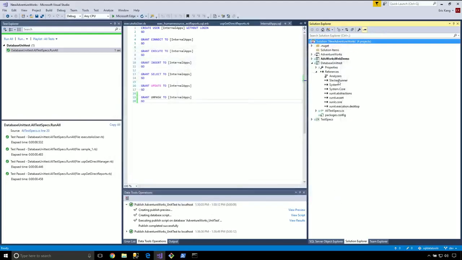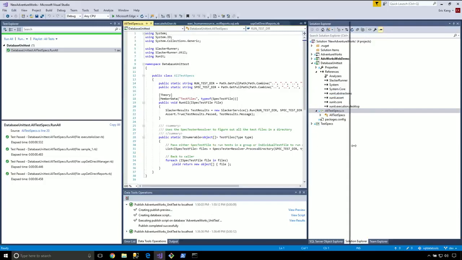You added a Slacker runner. Right, so it is a NuGet package. You can easily install this NuGet package from the NuGet installer: Slacker runner and XUnit. These are what you can get from the NuGet package. I have a setup guide that I published in my public GitHub project, so I have a reference to do that. You can just follow it step by step, and you can have the same thing. But there is no additional coding that you need. You just add a NuGet package, and the